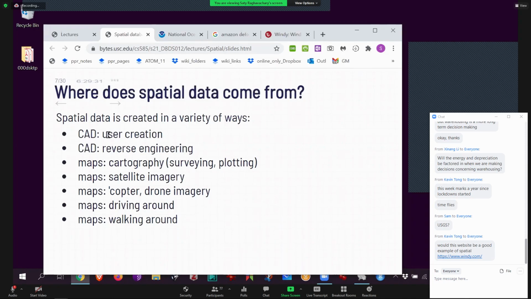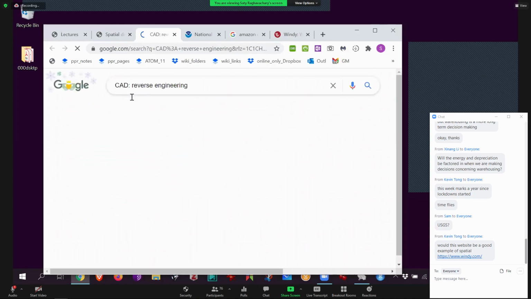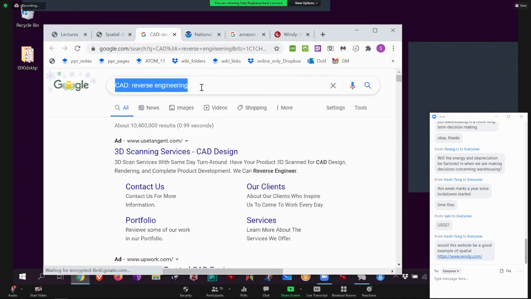On the one hand, like say the oil refinery thing that I showed you, I can go to AutoCAD, SolidWorks or something, and just simply draw all of it using my mouse. And then I can have actual distances, 100 feet, 200 feet, whatever. So that way I generate spatial data. Or I can go to an actual site and I can use LiDAR and then get a whole point cloud. So that way I can measure how far something is and turn all that into spatial data.